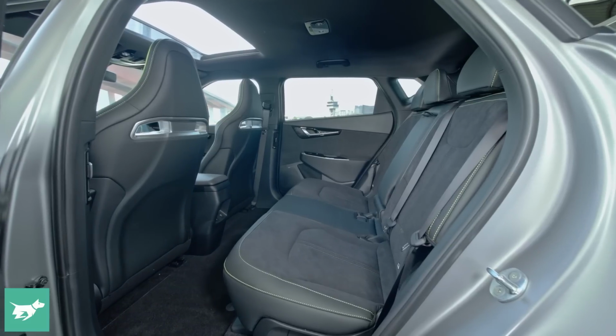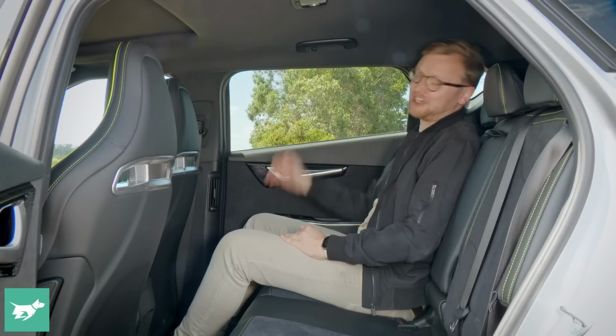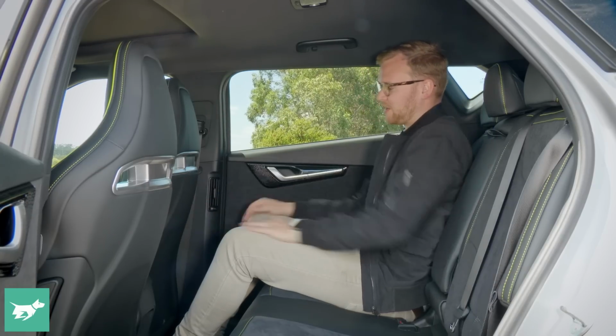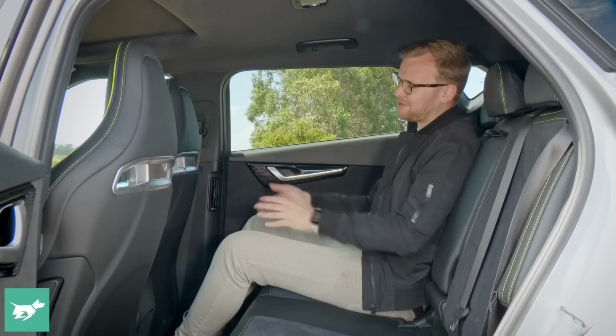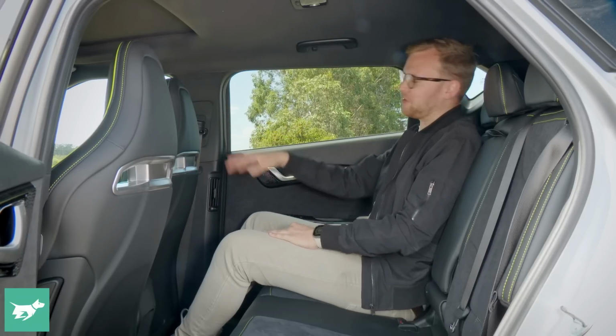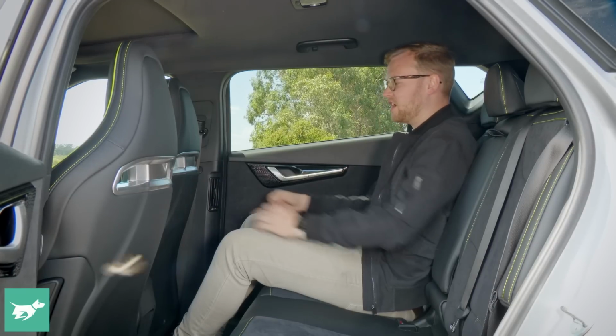The back seat of the EV6 is really spacious in terms of legroom. That seat's in my driving position. It's pretty much limo-like back here thanks to the huge wheelbase on this car. Toe room, it's a bit of a problem. These manually adjusted front buckets get super low, and so it does impede your toe space a little bit, but